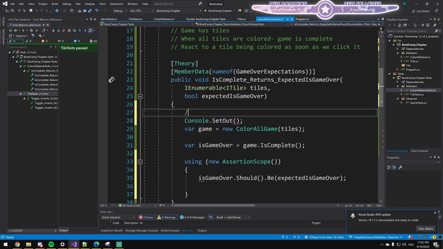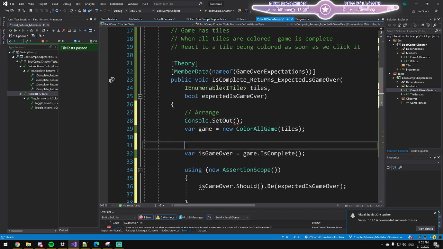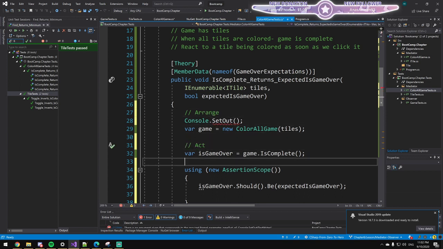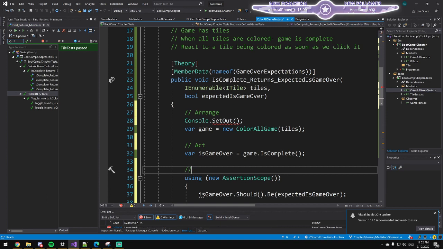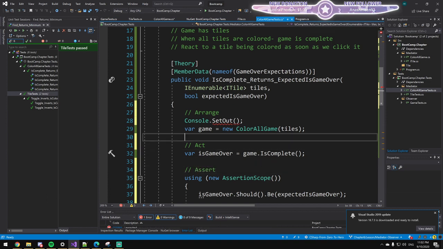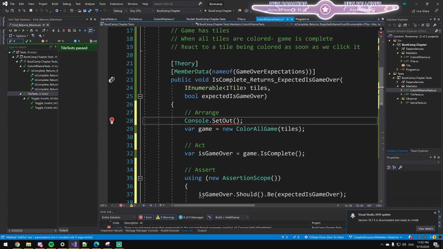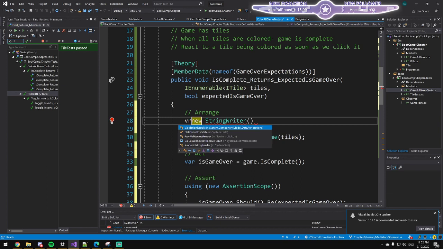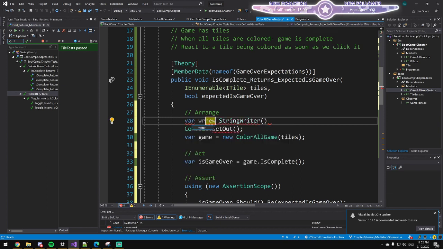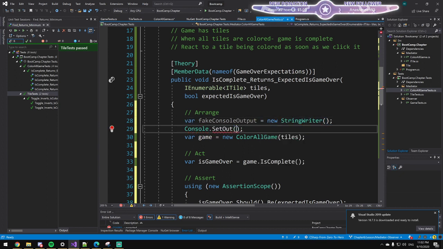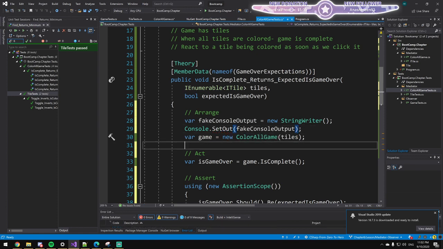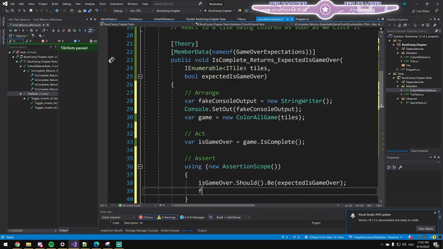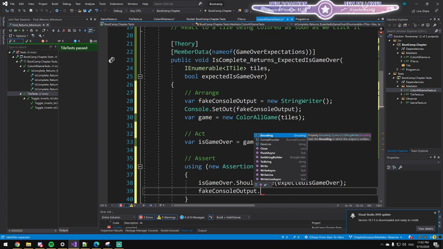Again, it's becoming more complex, so I'll separate it to make my life slightly easier. So we're faking console now. This is what I did in the C# bootcamp as well. Fake console output is new string writer. And we are verifying if fake console output